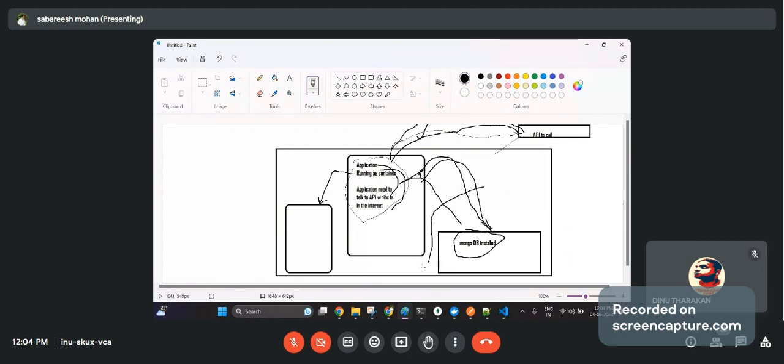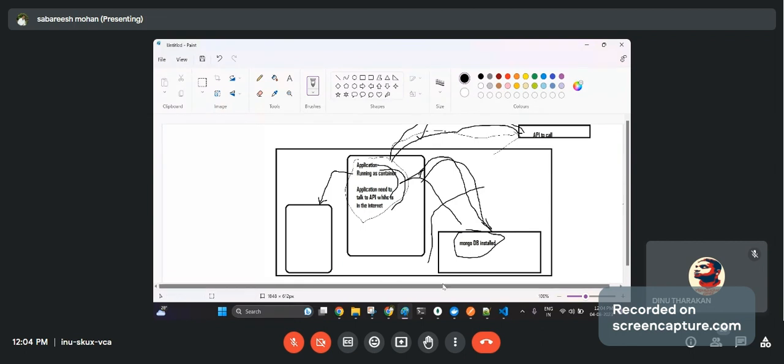Why can my container not talk to an application or a service which is running on my local host? Look, my container is not able to talk to this MongoDB service or MongoDB application. It keeps on failing.